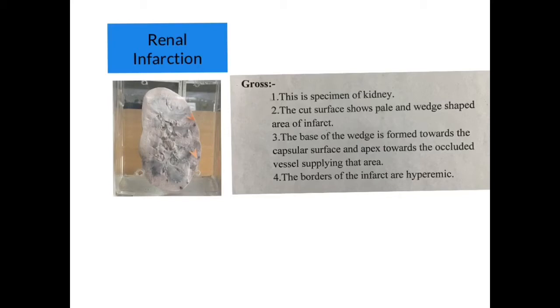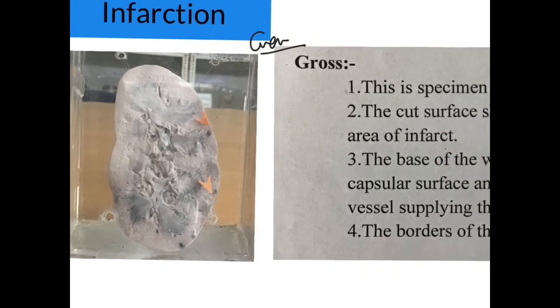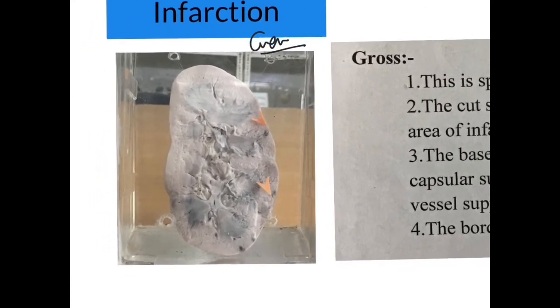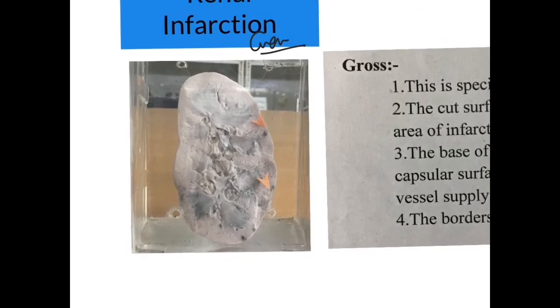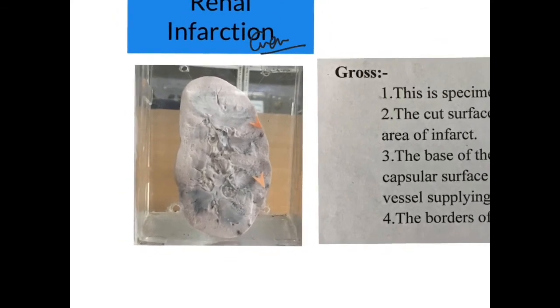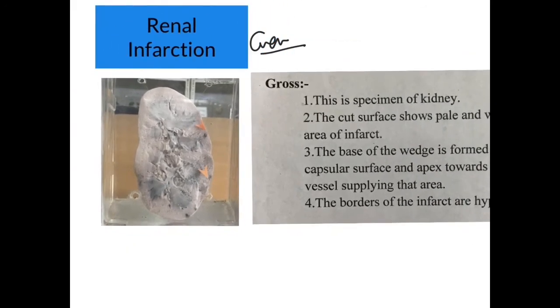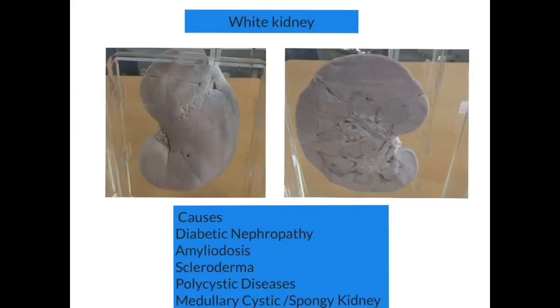First thing is the renal infarction, which we learned already in general pathology. So in general pathology we saw that there is infarction of the kidney. It is shown by the arrow over here. This is a formalin fixed preserved kidney. So whenever you see this specimen in our laboratory with the 2 arrows, this is one way by which you can remember this is the infarction of the kidney, okay. I am not going into much detail, you learned already in general pathology.